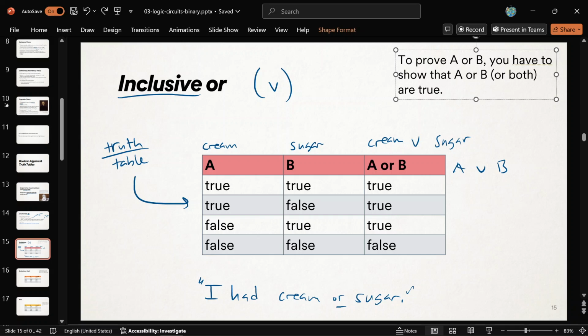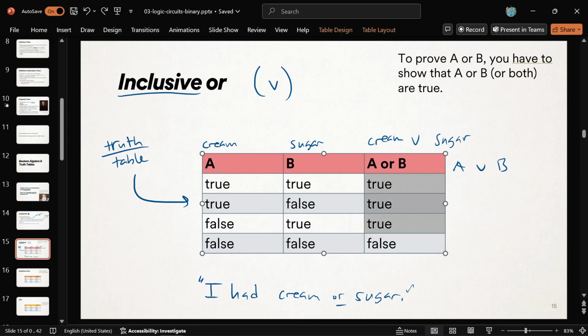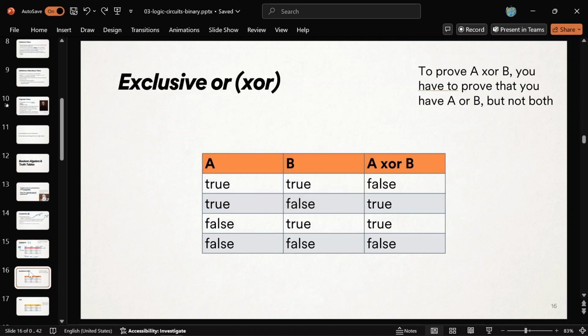I was trying to say, if somebody is trying to argue that something or something else is true, and they're using inclusive or as the symbol, then to prove that A or B is true, you just have to show that you're in one of these three cases. Which boils down to showing that at least one of those sides was true, because those are the cases that get you to true. To prove that the or is true, you just have to show that you're not here. You have to be in one of these other cases, so at least one of the A or the B is true. Maybe both. And that is the waiter's or. That's how you prove it. That is in contrast to